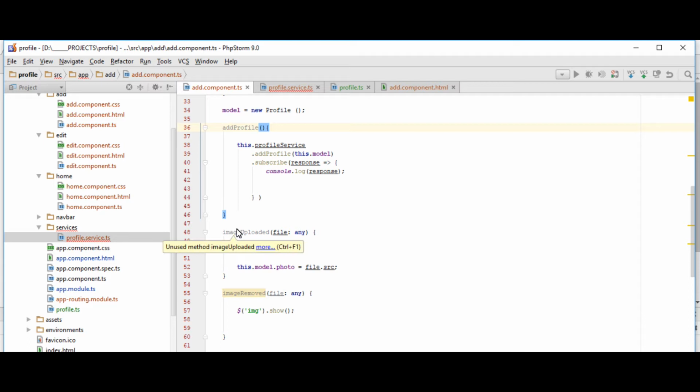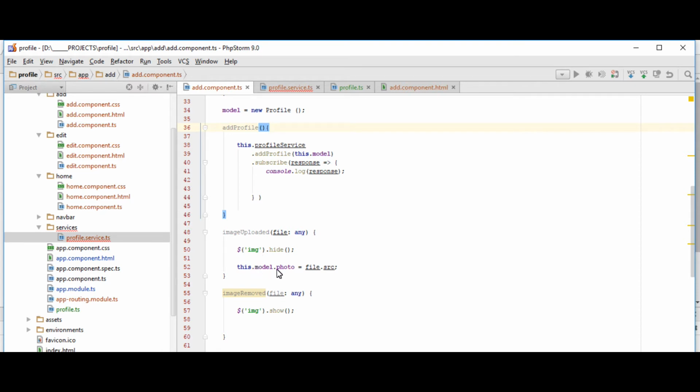This is an event that was being called after the image has been uploaded. So what it will do is hide the image selector,